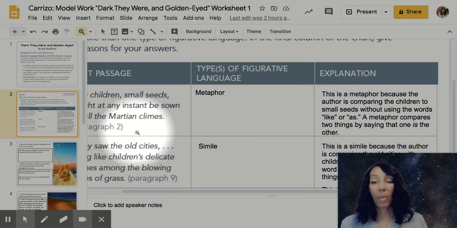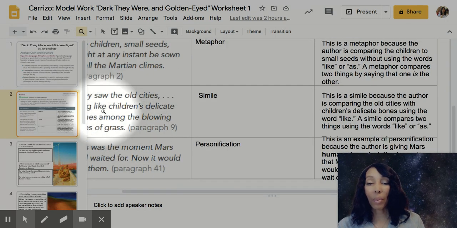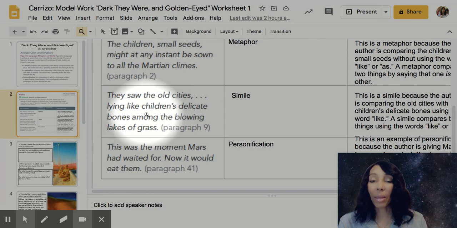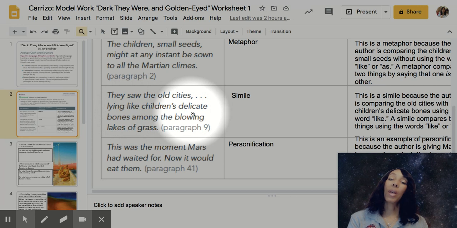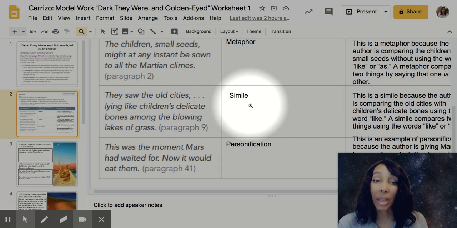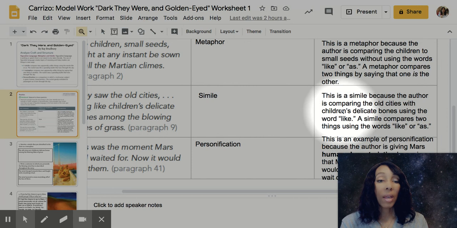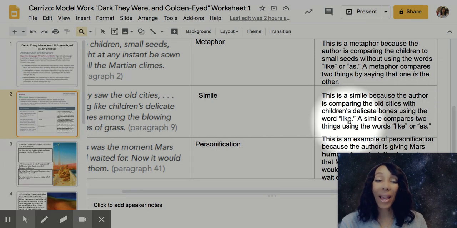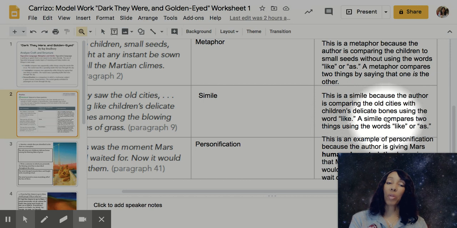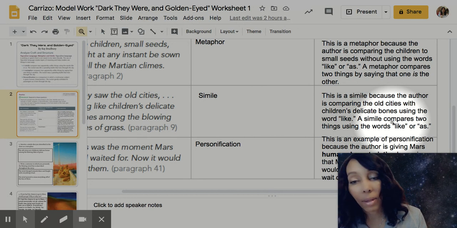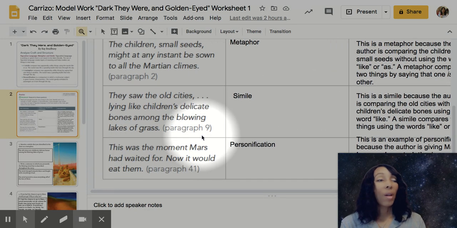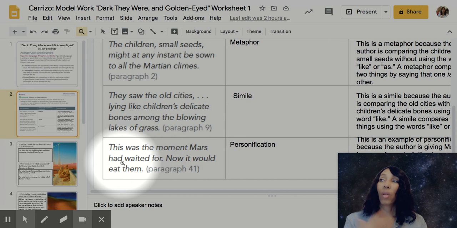And then if we move to the next example, they saw the old cities lying like children's delicate bones among the blowing lakes of grass. This is a simile. And how I know it's a simile is because the author is comparing the old cities with the children's delicate bones, using the word like. A simile compares two things using the words like or as. So I'm explaining my thinking here, how I know what the figurative language is,